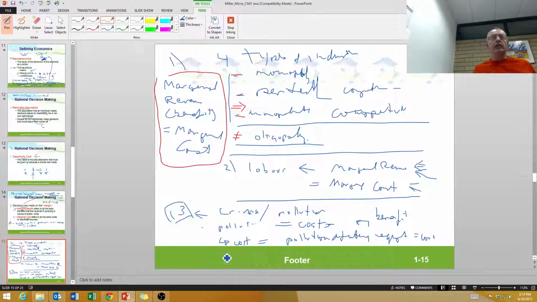And so at the end of the day, we say there's an optimal level of pollution in society. There's an optimal level of crime in society. And the optimal level is at the point where the benefits from reduced pollution or reduced crime exactly equal the